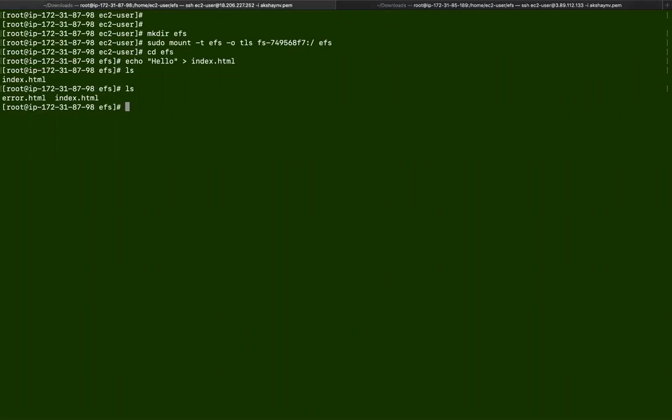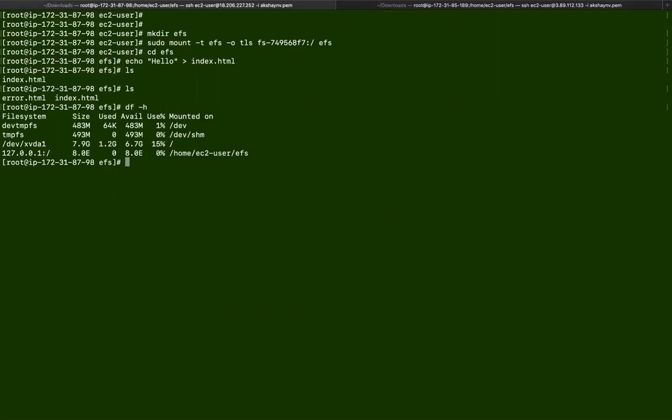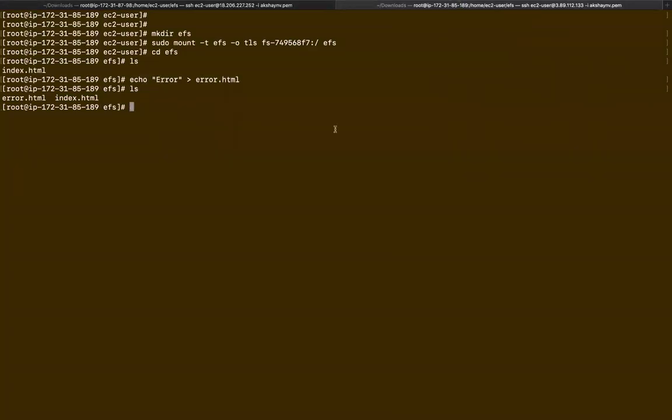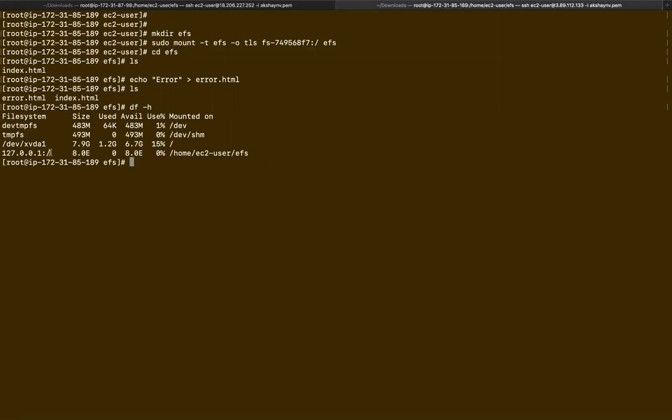Beautiful. So now how do we check where it's been mounted? df -h is a command that you can use to check all of your mounts. You can see over here, we have the mount done to home ec2-user to the EFS directory. Let us also check the mount over here, df -h. Cool. You can see our file system is also mounted, which is 8 exabytes in storage. 8.0E is exabytes, and you can see it's also mounted over here, right?